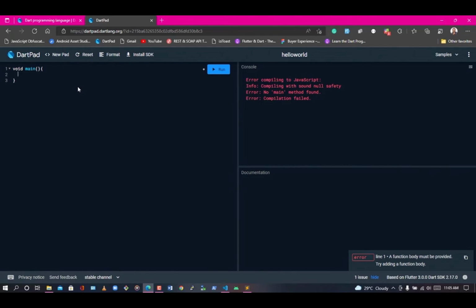That is going to sense that the main method is defined, which is the entry point, and everything we write inside the main method is going to run as it is designed. Now I'm going to ask the system to print